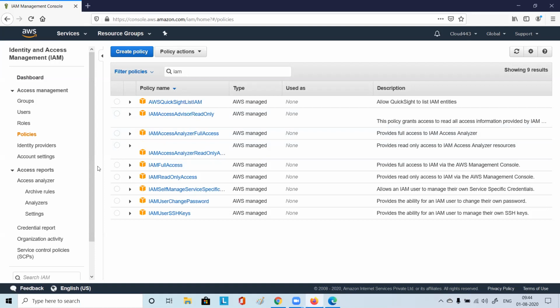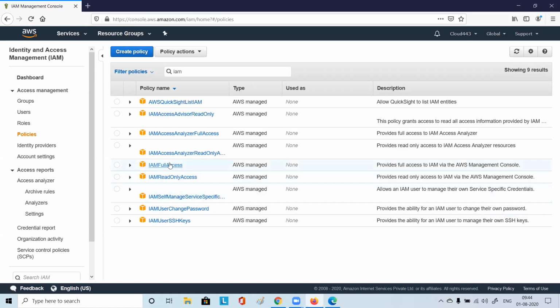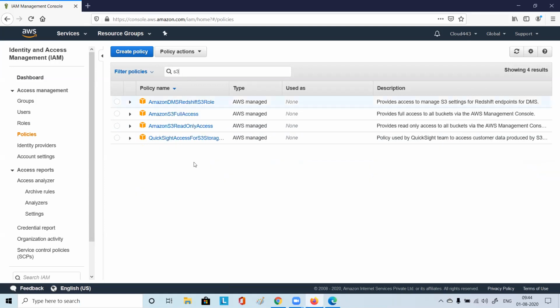We can do that, right? There is a concept of inline policy also. The first thing is to give some permission, and then you can withdraw some permission. Say you can give full access to a user, and then you can withdraw some kind of delete permission. Out of the AWS defined policies, you can give one full access, maybe something related to S3.